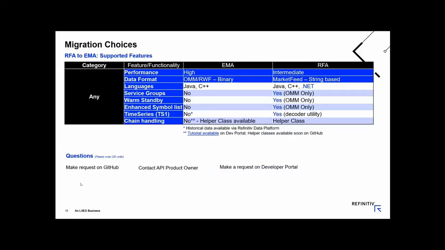Next slide, thanks. Once again, you may notice some of the differences here. We would like to call out some of the gaps. We've talked through the time series chain handling previously with SFC, with the enhanced symbol list. It's available at the lower layer, the ETA reactor layer, but not at the EMA layer.